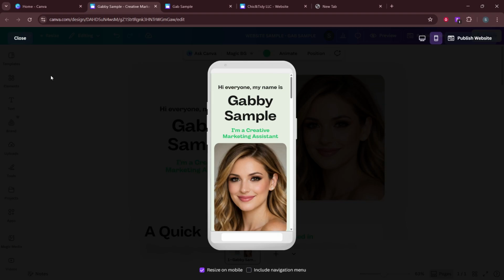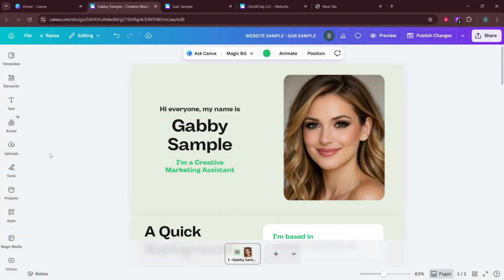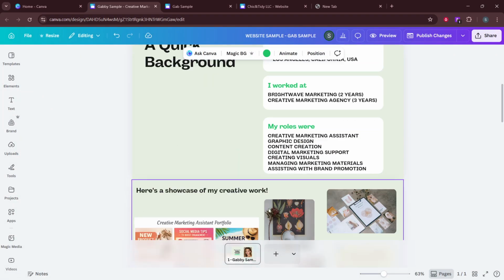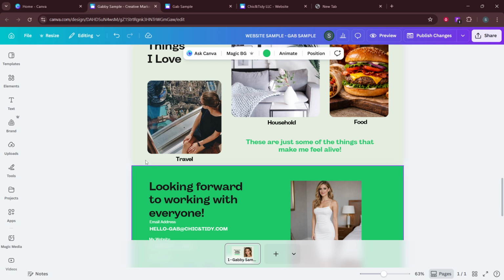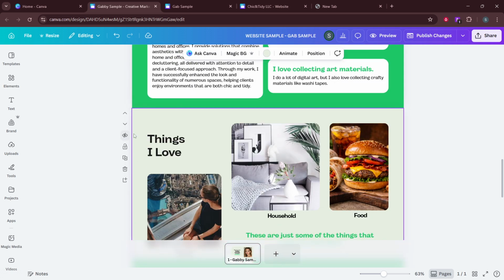To recap, use the Hide feature when you want a cleaner editor view or when you're experimenting with alternate layouts inside your project. Just keep in mind the limitation. Hiding a page is not a way to quietly keep it live in the background. If you need a page to remain publicly accessible, avoid hiding it in the editor. With that understanding, you can keep your Canva workspace tidy without unintentionally breaking access to important content.